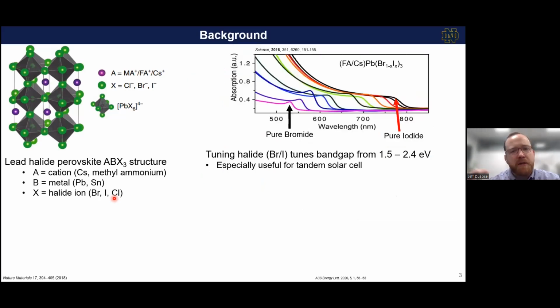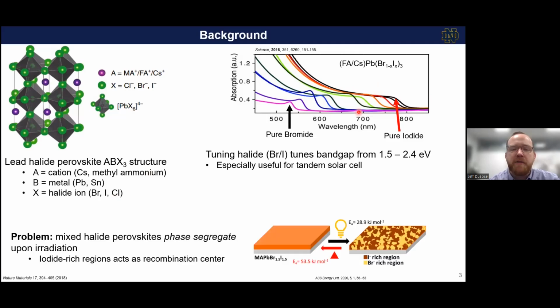Of course, this tunability in the absorption properties is something people have been very interested in for applications like tandem solar cells, where you have silicon as one low energy photon absorber and a much wider bandgap perovskite as the higher energy absorber. And you get this huge tunability across the visible spectrum. But as most of us are aware at this point, these perovskites, especially the mixed halide perovskites that give you this absorption tunability, have this really fundamental drawback, and that's the fact that this nice homogeneous mixed halide perovskite